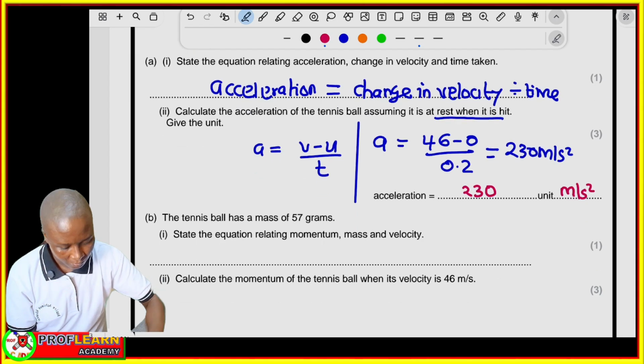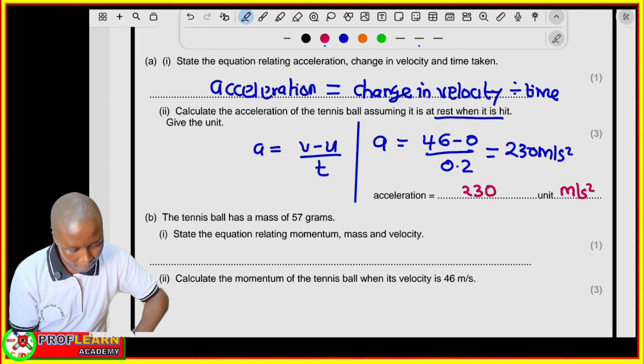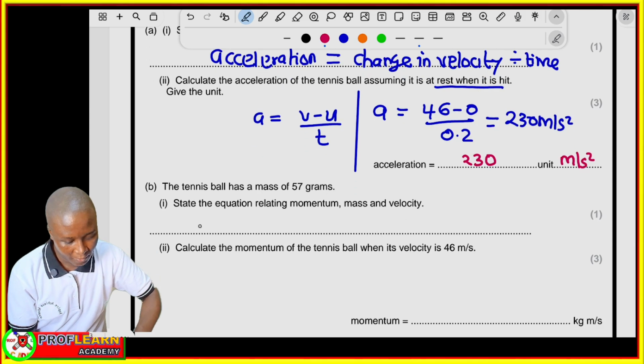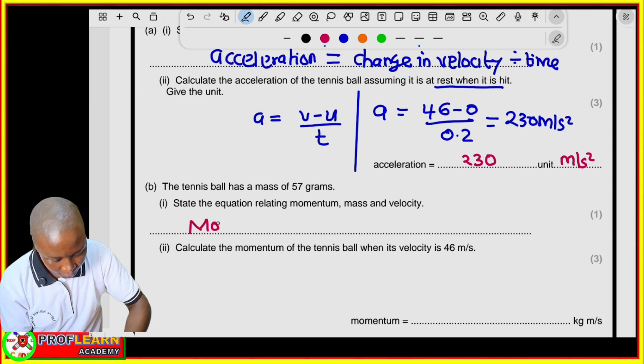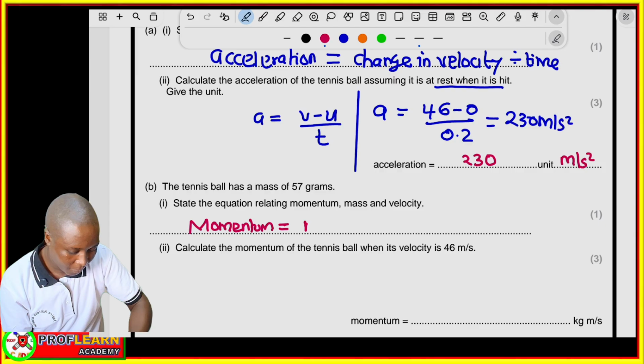The bottom of the tennis player's shoes are thick, made from material that compresses when the player's feet land on the ground. Explain why these shoes reduce the risk of injury to the tennis player. So how do these compressing shoes reduce injury in the process? In that case, we're going to say,